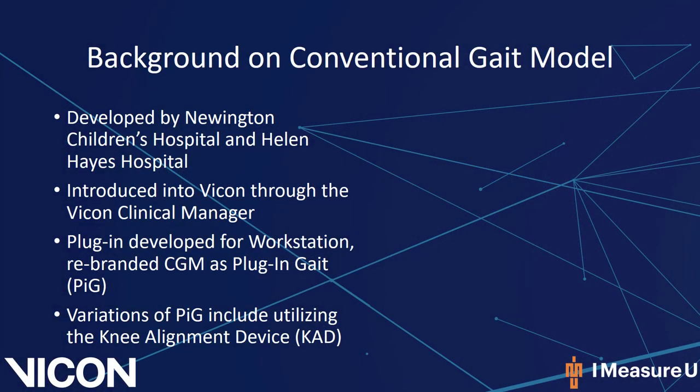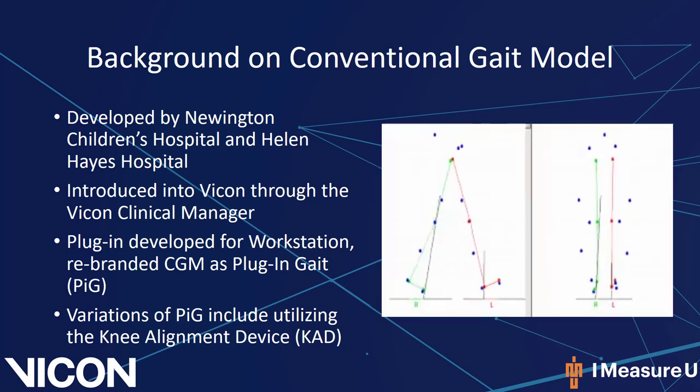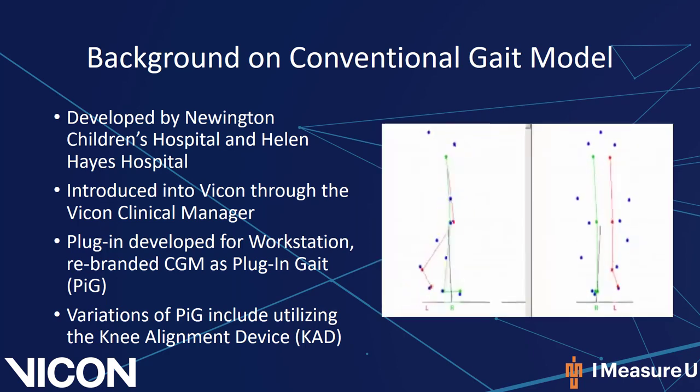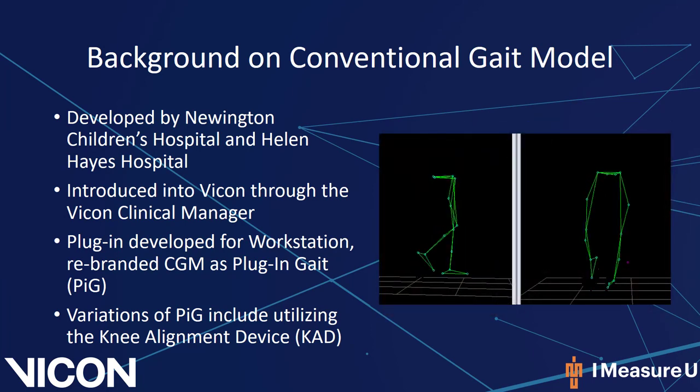The conventional gate model, or CGM, is a generic name for a family of biomechanical models which were primarily developed by the Newington Children's Hospital and the Helen Hayes Hospital. This model was first introduced into Vicon products through the Vicon Clinical Manager. Vicon later developed a plugin for Workstation allowing for the utilization and processing of the CGM and rebranded it as